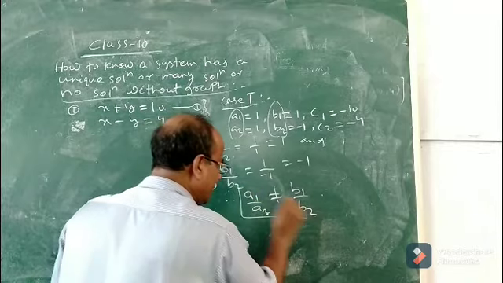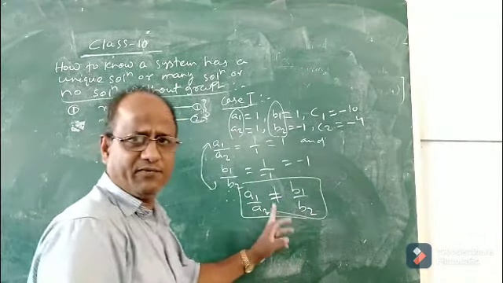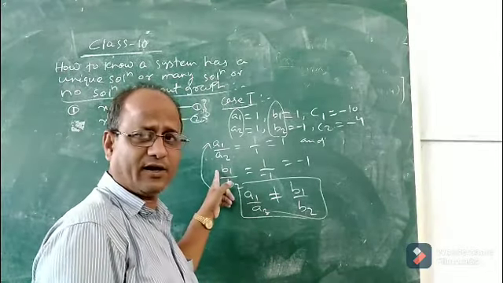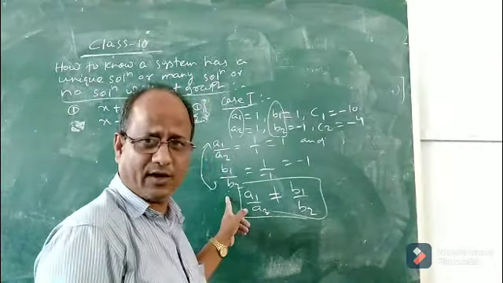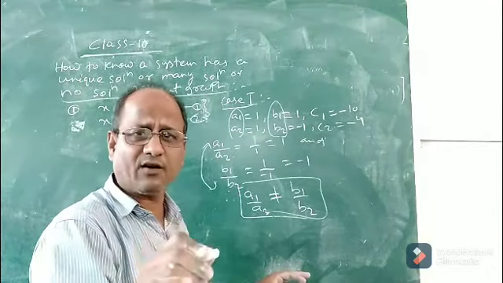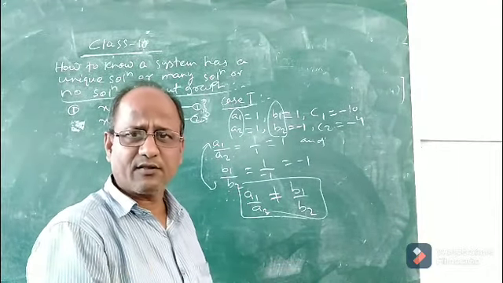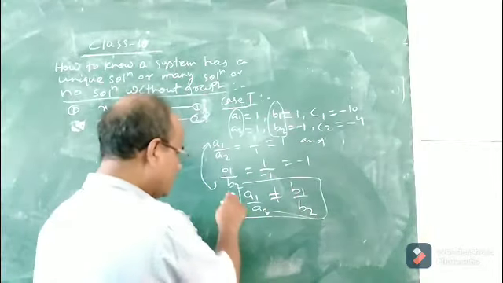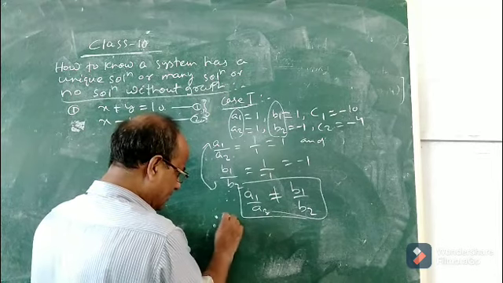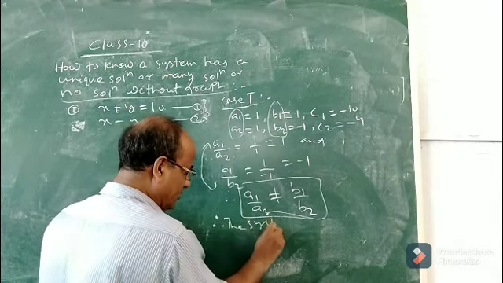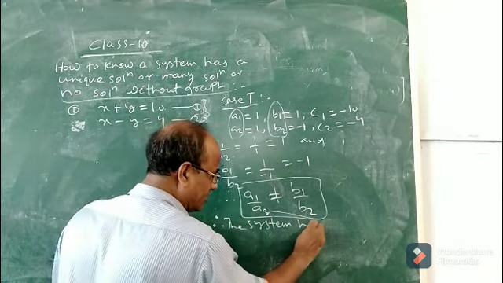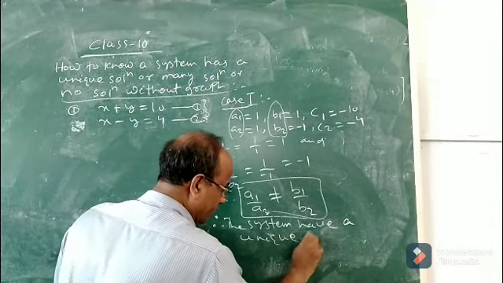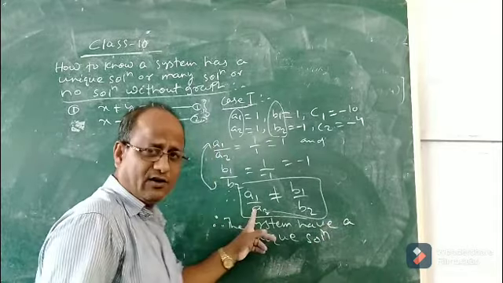See, children, if this is the case, that means if you find that the ratio of A1 and A2 is not equal to the ratio of B1 and B2, then you will immediately conclude, there is no need to draw the graph. The conclusion will be that the system will have a unique solution. So, therefore, the system has a unique solution. This is the condition. See, children, here I did not draw any graph.